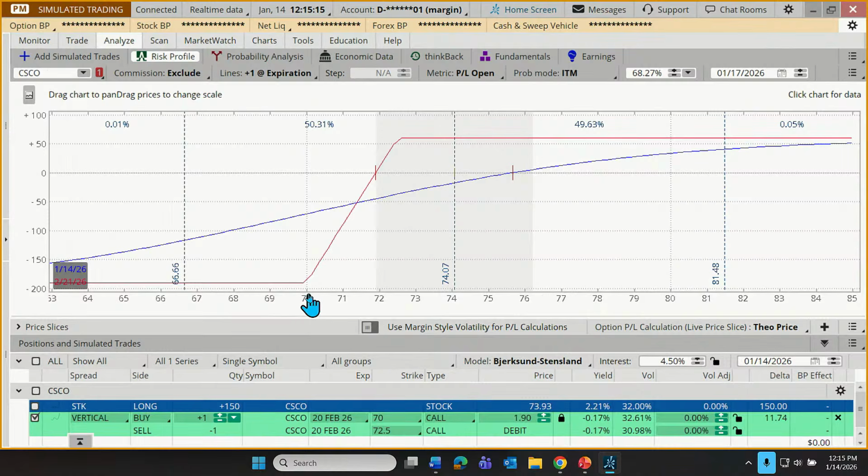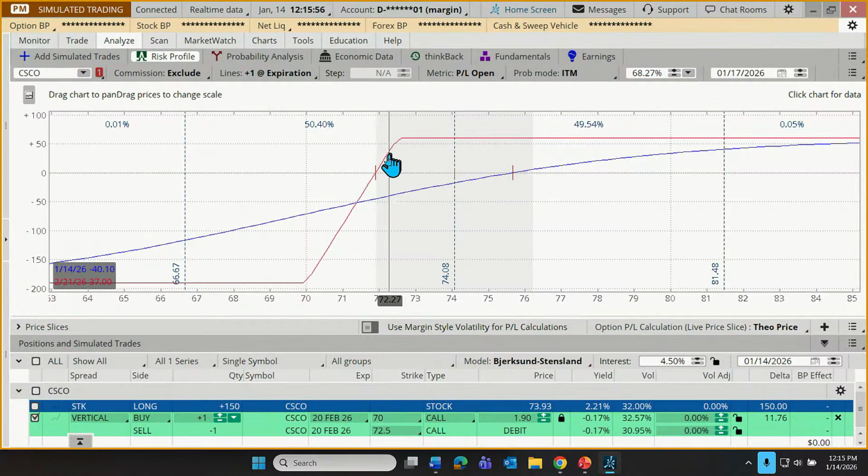But with this trade, worst case scenario, for our vertical spread traders, they know if the stock falls below the vertical and we hit expiration and no more time for this thing to recover, that's where we have our maximum loss. And you can see that here, minus $190 below $70. Both those contracts expire worthless. The trader loses their investment, which in this case would be the $190, or $1.90 that they paid per share. So this red line is showing us maximum loss potential and where that loss might happen at expiration, maximum gain potential, and the conditions under which that maximum gain might be achieved at expiration.